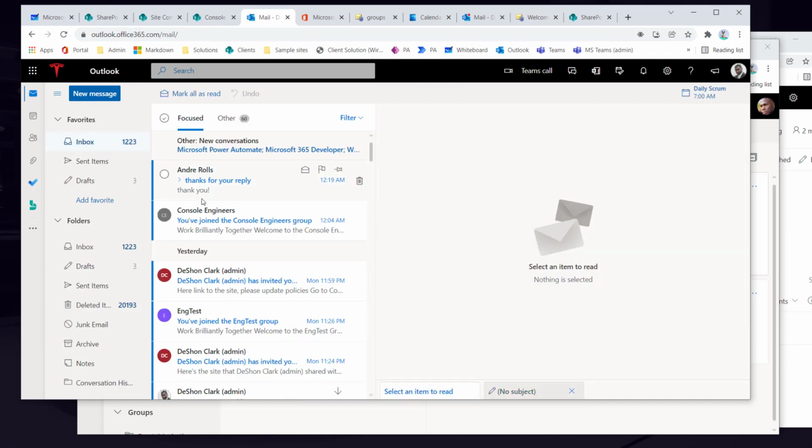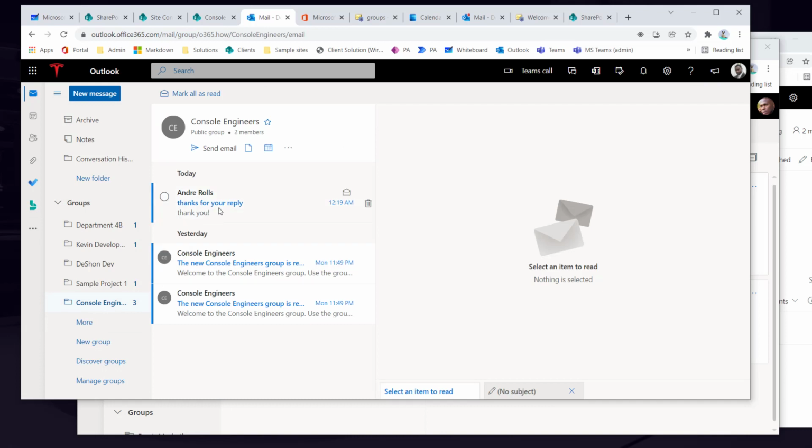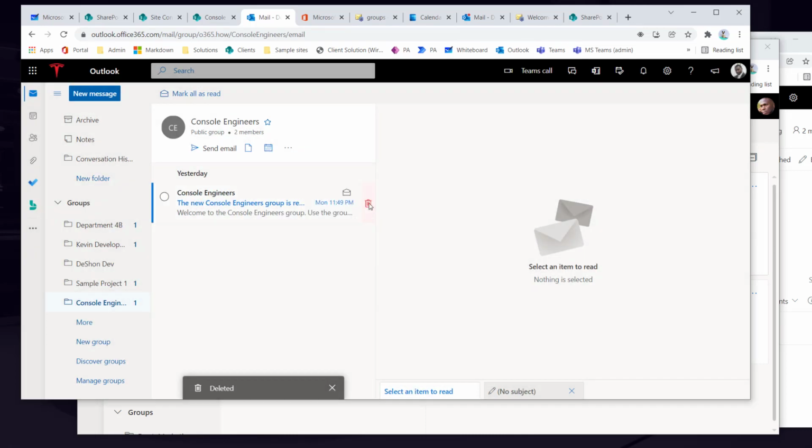So if I go to my inbox, notice how in my personal, I receive Andre's reply, and then also in the group email, I receive Andre's reply. And this is, of course, a much cleaner inbox because this is only pertaining to that. So now, as a member, I can delete these or archive them or do whatever I have to do to